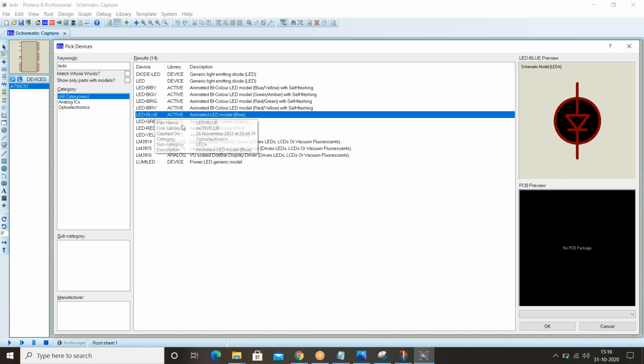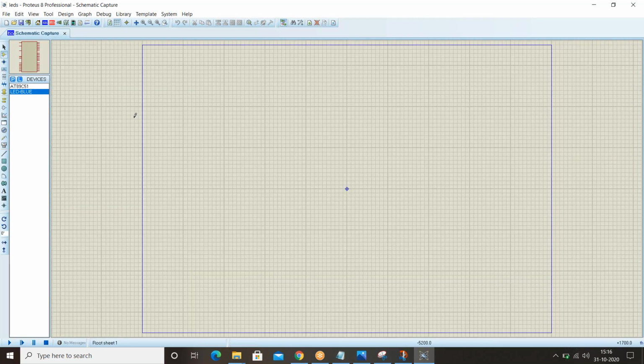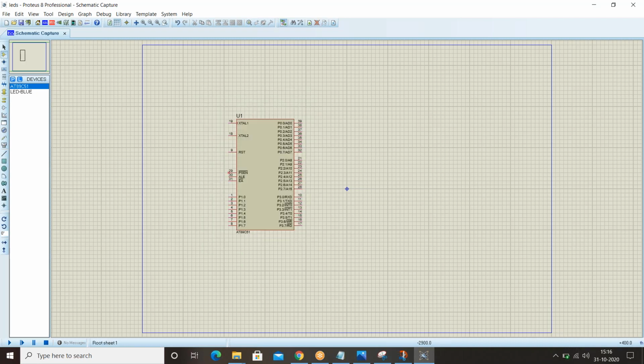Select your color, whether you wish blue, green, red or yellow. I want to select blue. Guys, click on this 89C51, place it on our workspace. Try to increase this.